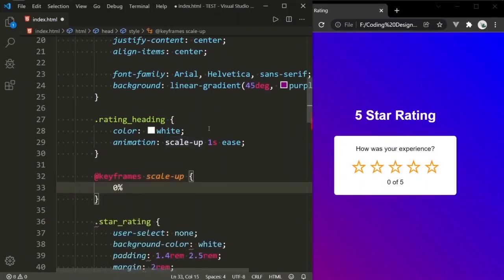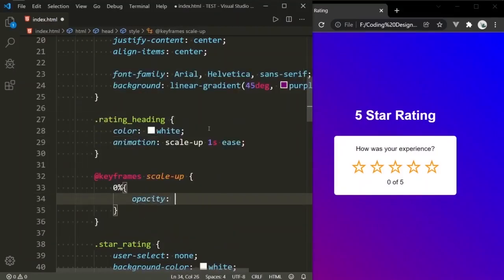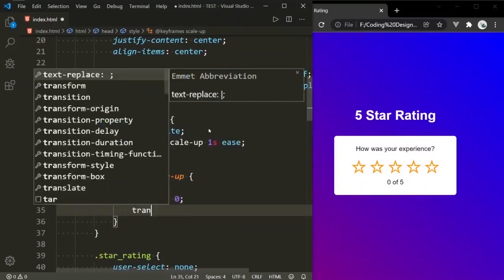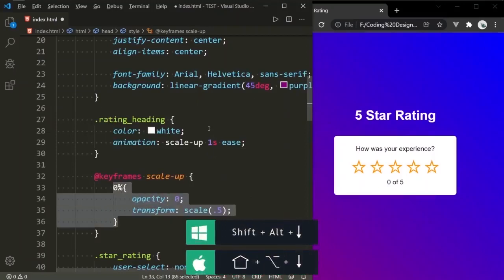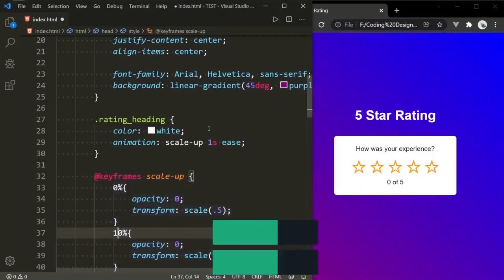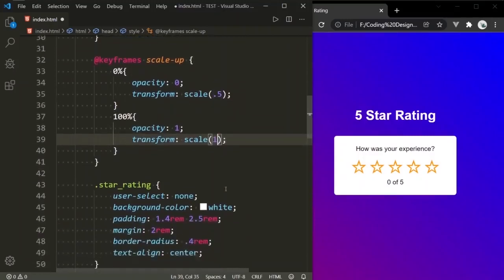At 0% I'm giving opacity 0, transform scale to 0.5. And at 100% I'm giving opacity to 1 and transform scale back to 1.